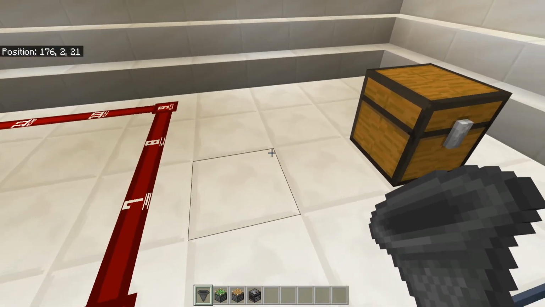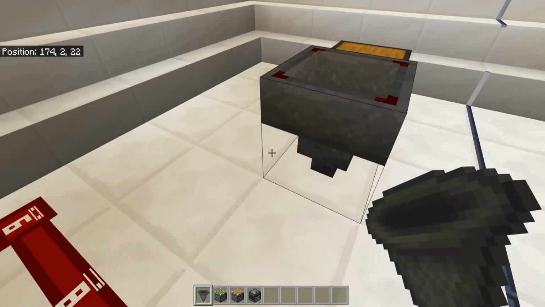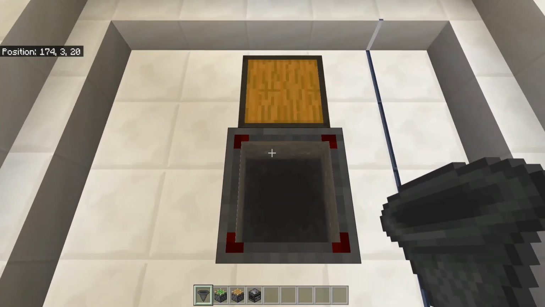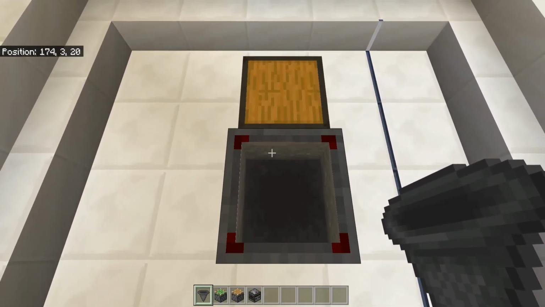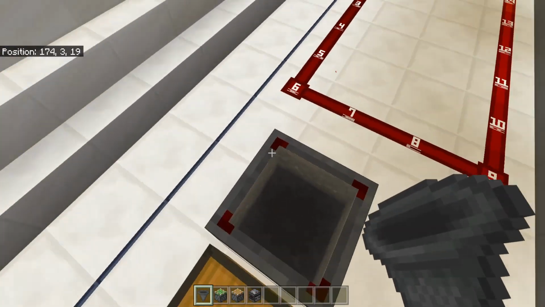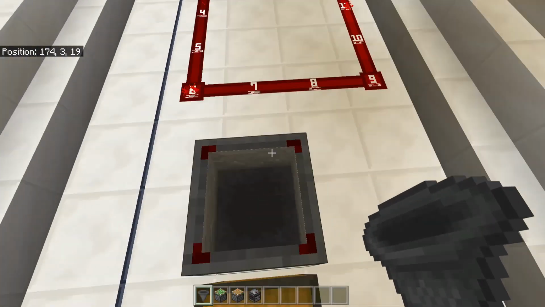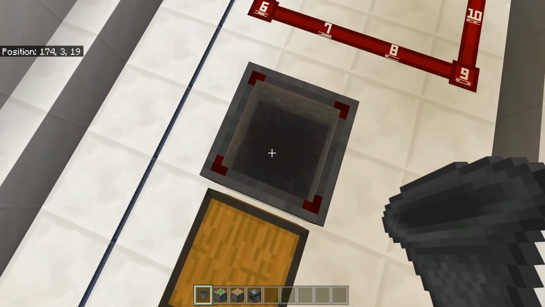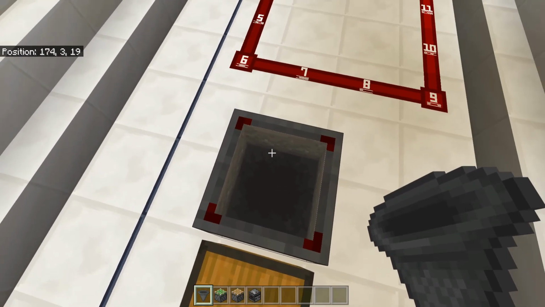So now we're gonna take a look at hoppers, and this is something that I feel is incredibly subtle, but at the same time pretty useful. As you can tell, we've got these little red notches around the corners, which is actually pretty handy. And I feel like if I